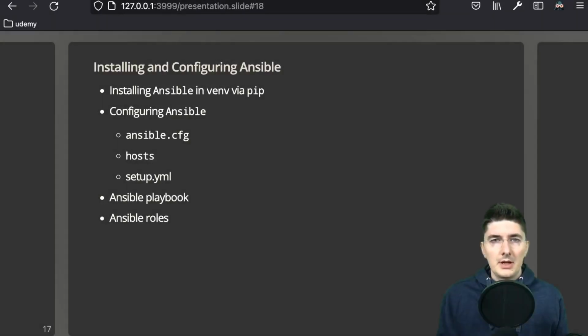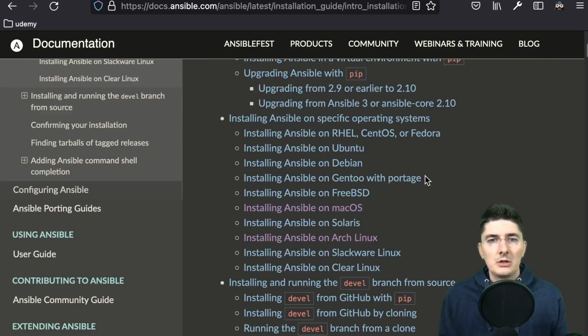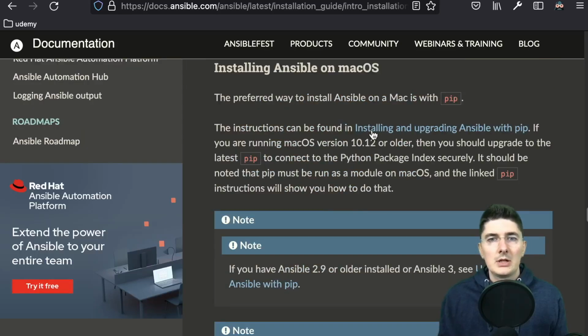Installing and configuring Ansible. If we go to docs.ansible.com and check their installation guide, we'll see that there are multiple ways to install it. If you are on macOS, like I am, you're probably thinking you should do it through Homebrew. And while I'd usually agree with that statement, a while ago I needed an Ansible feature which was only available in the latest release, and Homebrew was lagging behind. So I went with Python's pip package installer, and as you can see here, the official installation guide for macOS